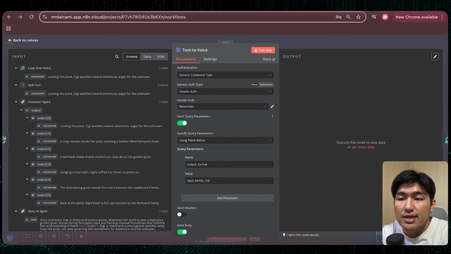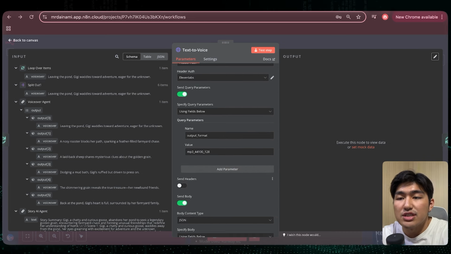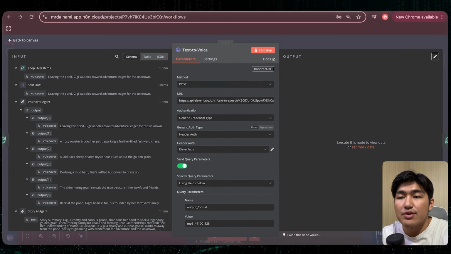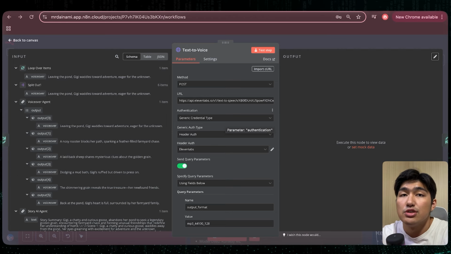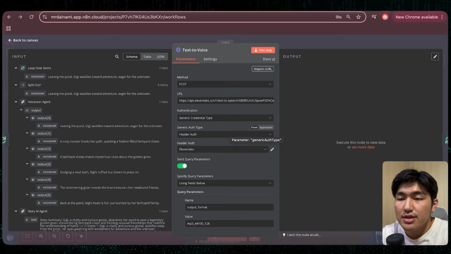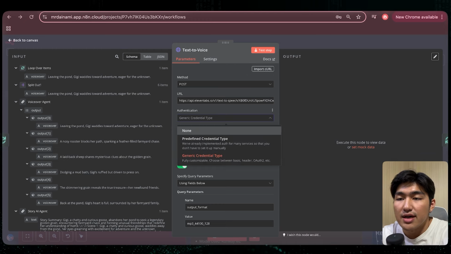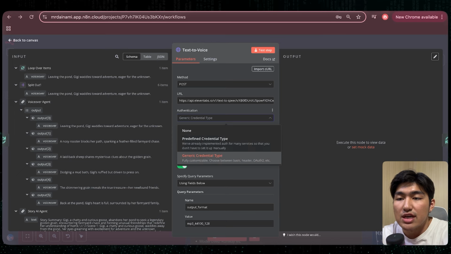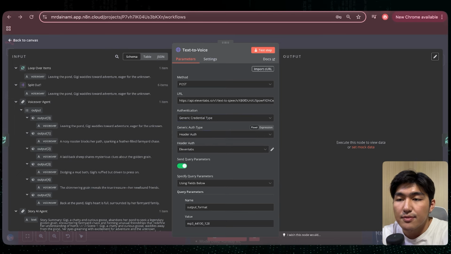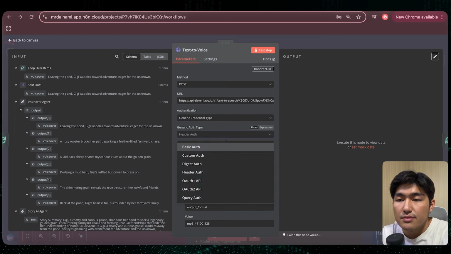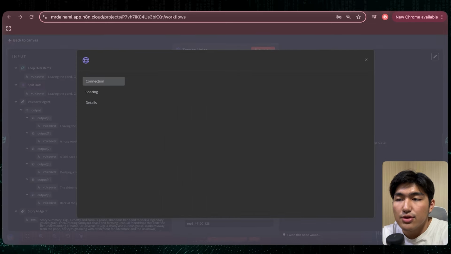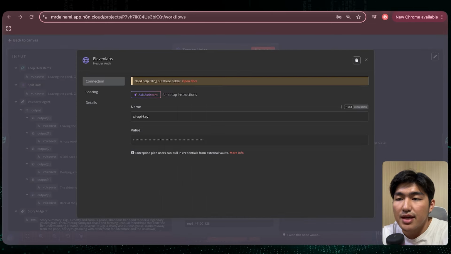Right, the only difference is that I have turned off the header field for the credentials. Right, why is that so? It's because I want to create a generic credential type so that we don't have to key in our API keys over and over again each time we use 11 Labs in a different workflow. Alright, so how we're going to do that firstly is after pasting in the curl, you want to find authentication, click into generic credential type, okay, and then from here you want to choose header auth, right, and then you want to create a new credential, right, and then from there you want to name this